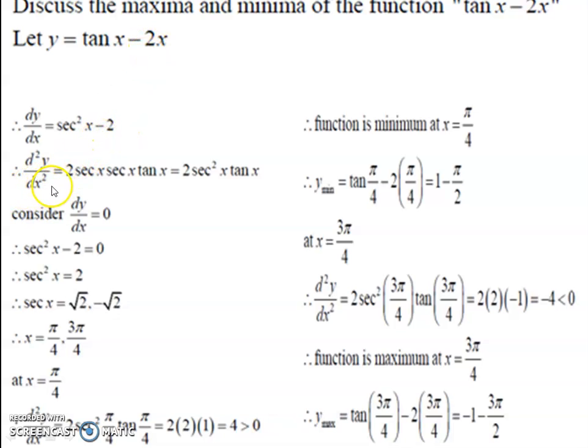Differentiate with respect to x again to find the second order derivative. The derivative of sec square x is 2 sec x into the derivative of sec x, which is sec x into tan x. So the derivative of 2 is 0. We have dy by dx equal to 0. That means sec x